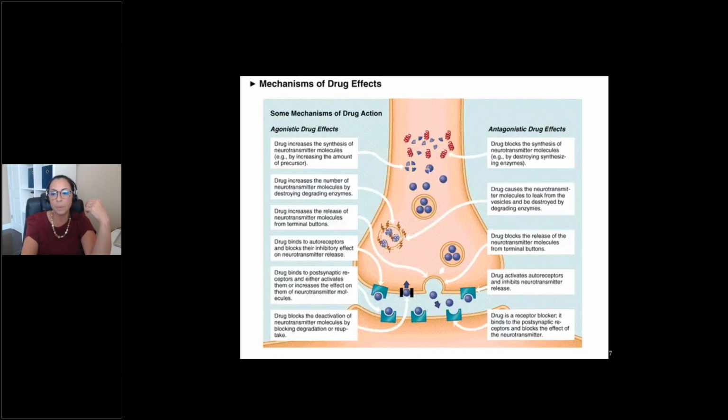Here's a bit easier picture, I think, to follow. For a neurotransmitter to have an effect on a postsynaptic neuron, it has to bind successfully to its receptor that's embedded in the membrane of that postsynaptic, or receiving, cell. So here we go, we have drugs. Don't worry about this picture showing mechanisms of drug effects, but I'm looking at the inside here to make this point. We have neurotransmitters that are synthesized, then packaged into vesicles,